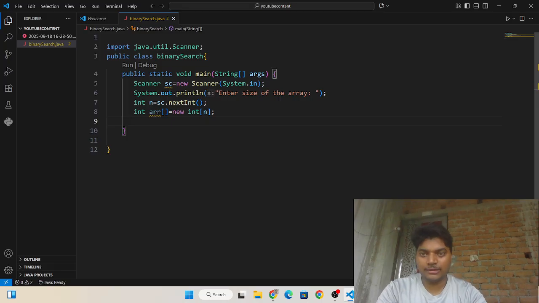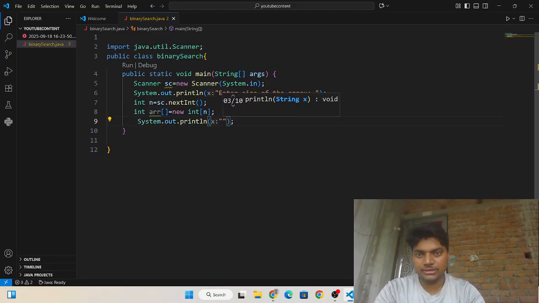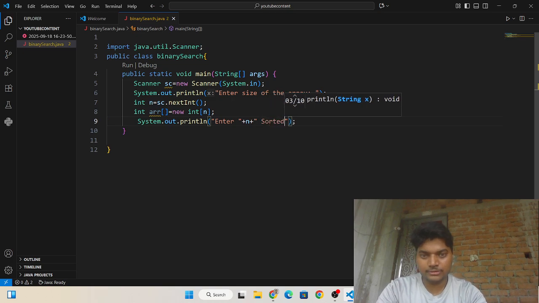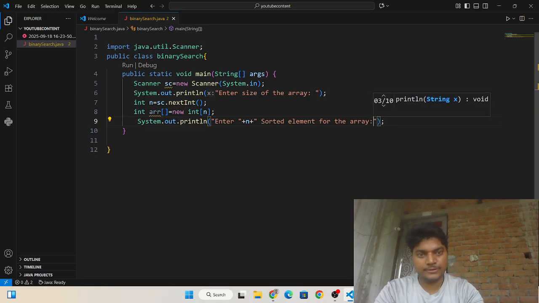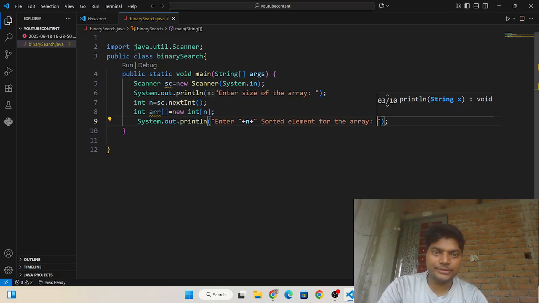So I ask the user with System.out.println: enter n sorted elements for the array.